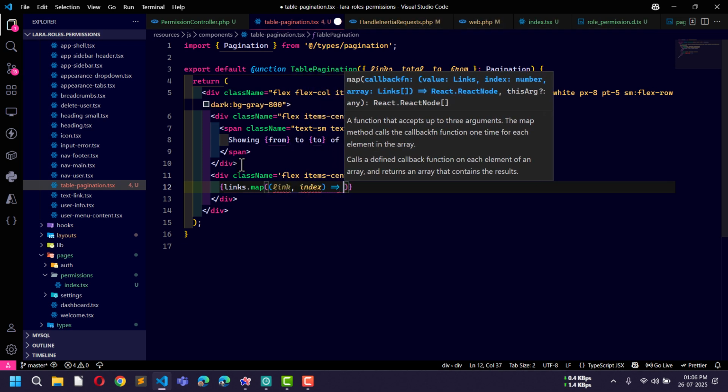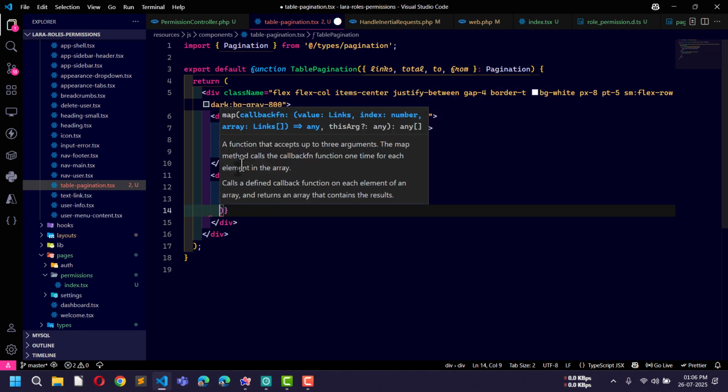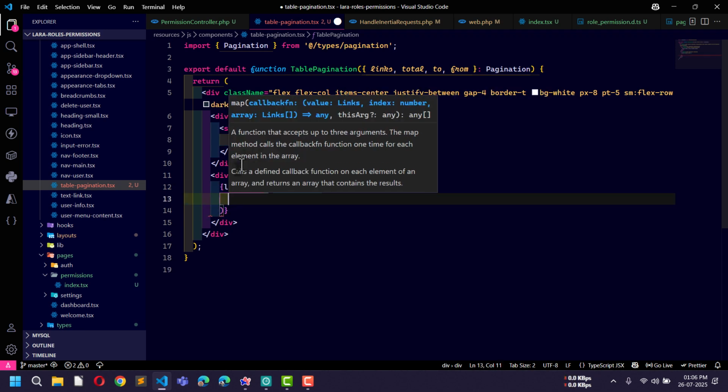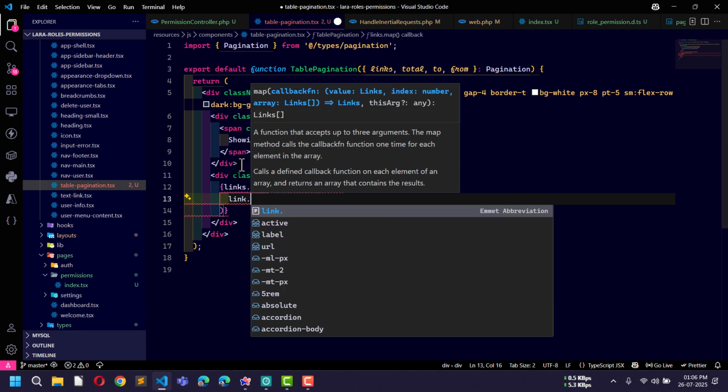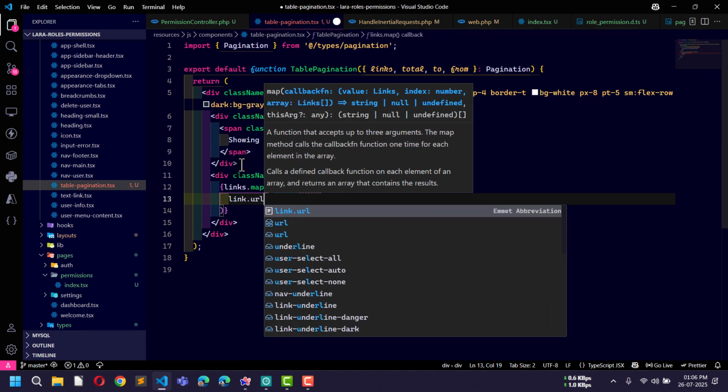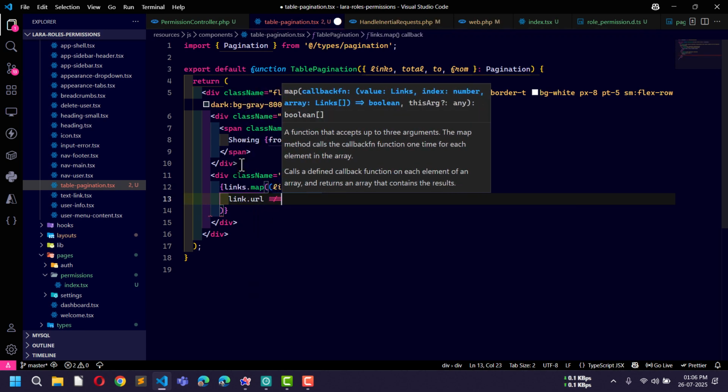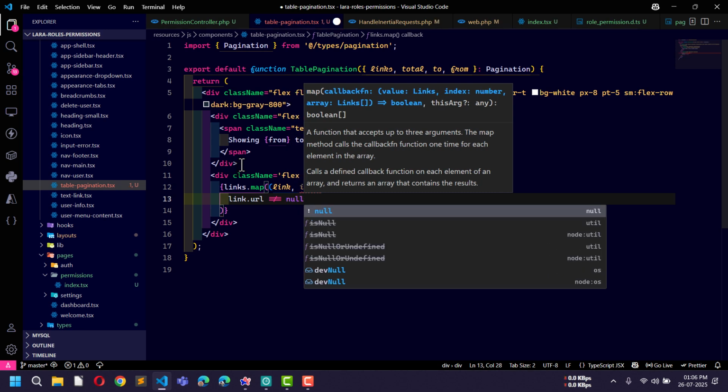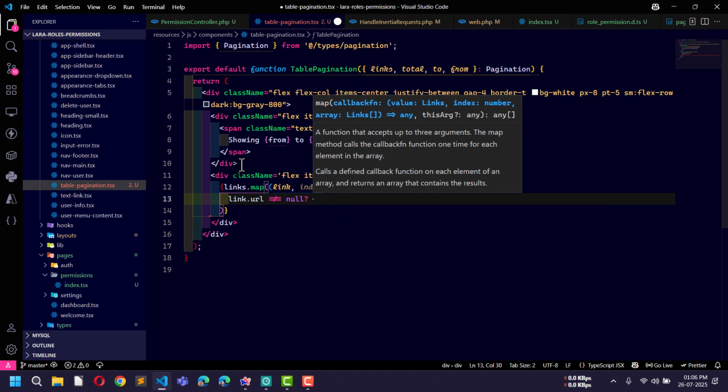Okay, and then I will use link dot URL is not equal to null. So in this case, what I will do is I will use